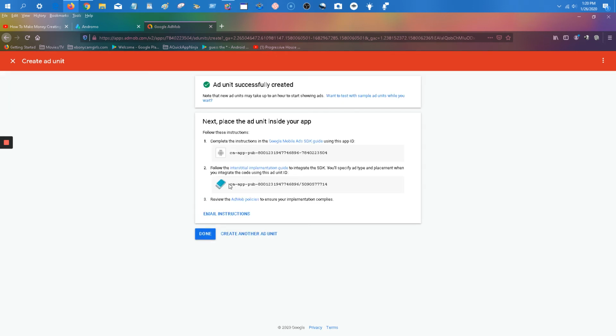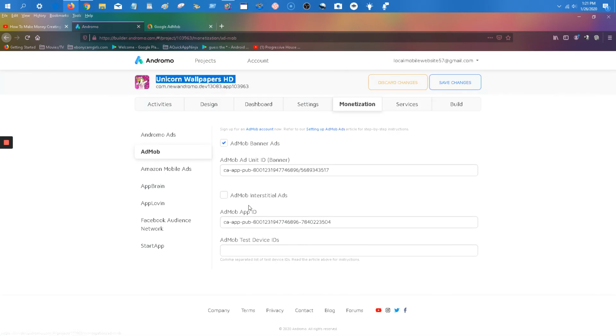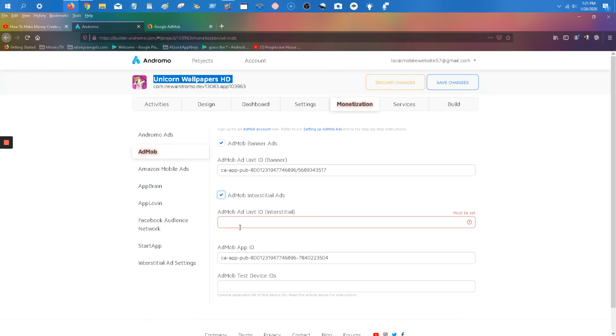Okay, and here's your Ad Unit ID. Just go to the banner one. Okay, click that and select that and copy. Okay, remember this is your app ID. Now, when you go back to Andromo, just copy that there,